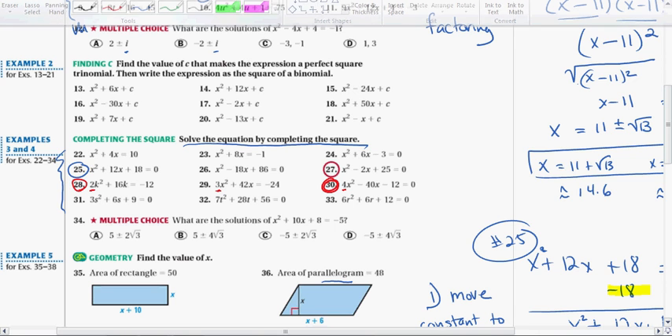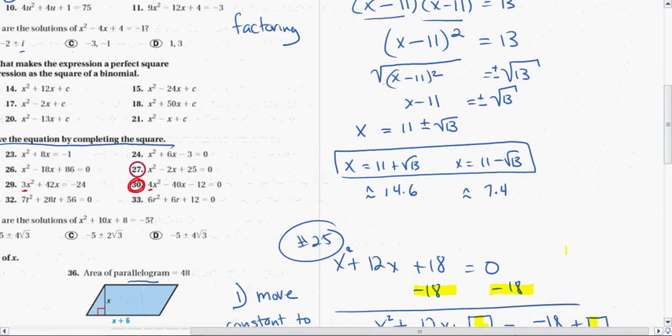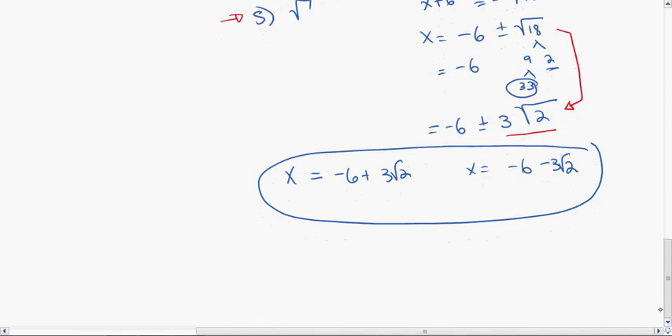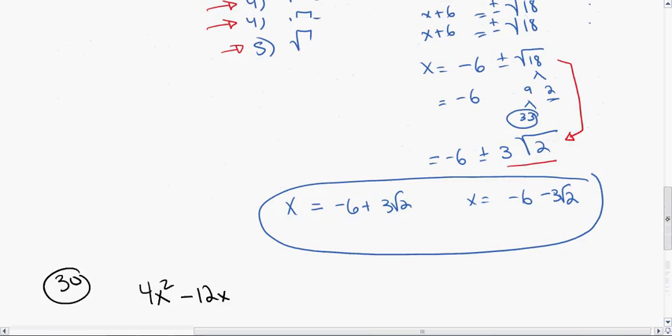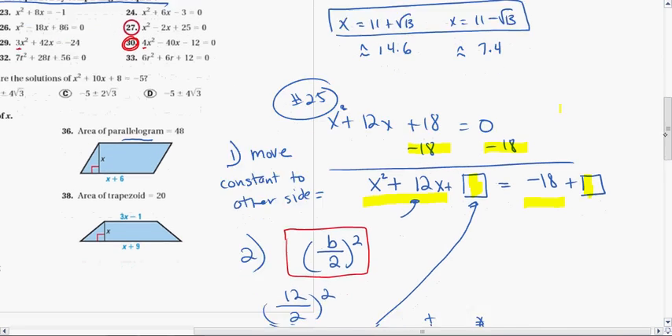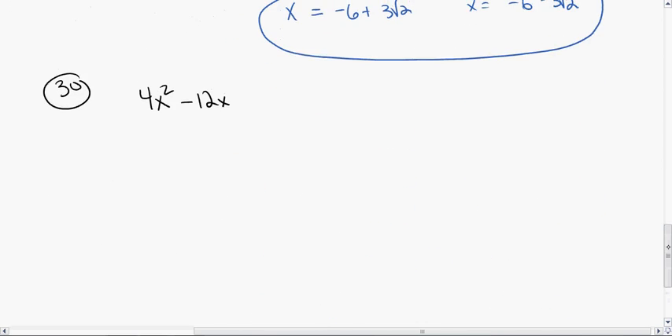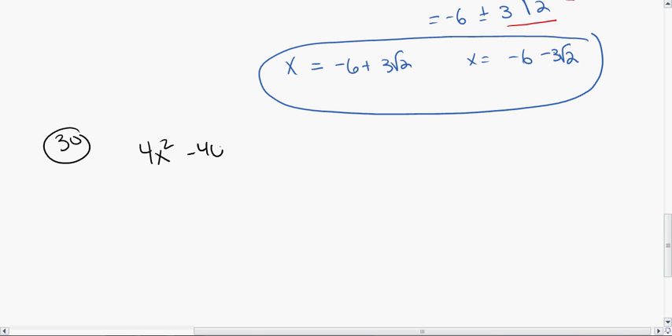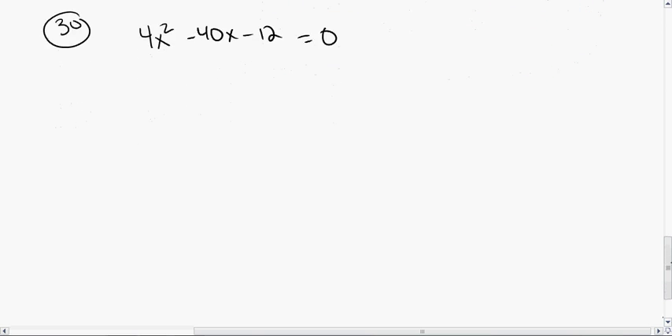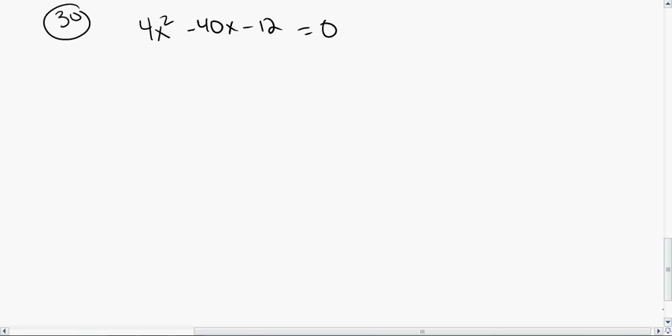Let me get a different color here. So I have, this is number 30, 4x squared minus 40x minus 12 equals 0. So I'm going to use that same process for completing the square, but before I do